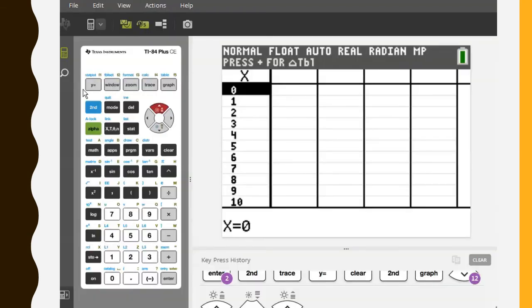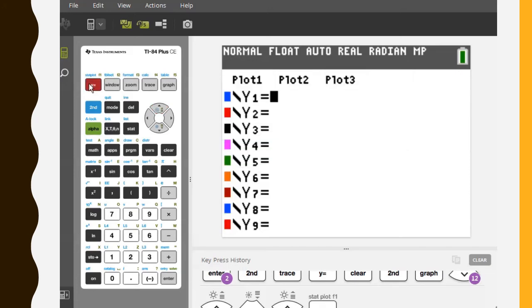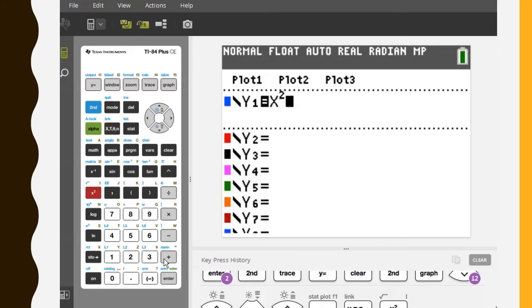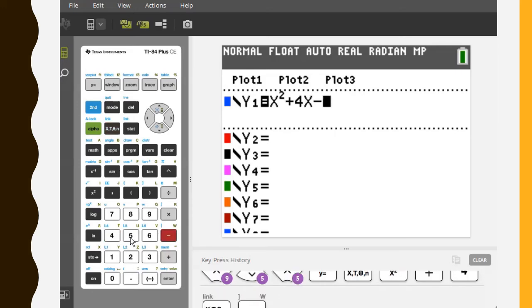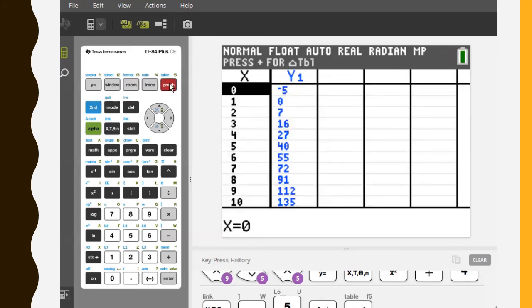To graph this quadratic, I'm going to go to y equals, and in y equals, I'm going to put my quadratic. I have x squared plus 4x minus 5. And I'm going to go to the table to be able to identify the points that I need